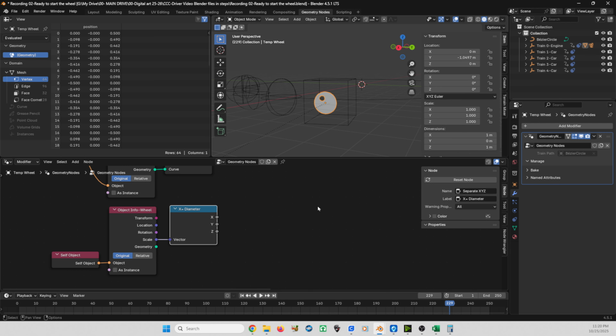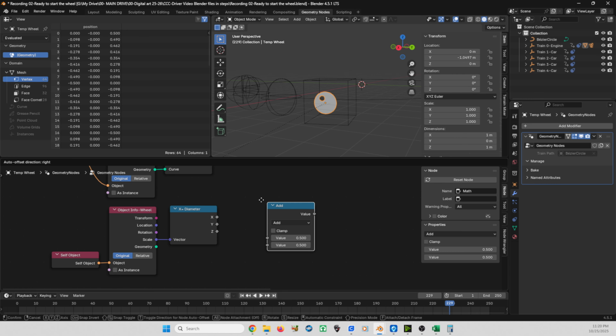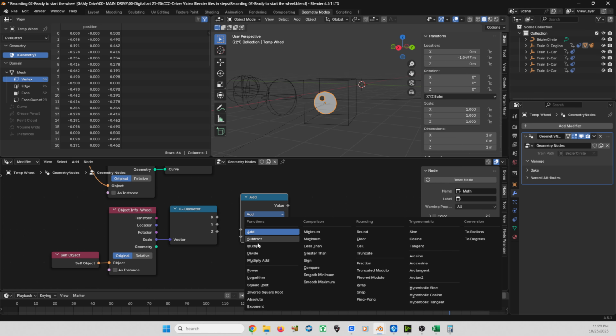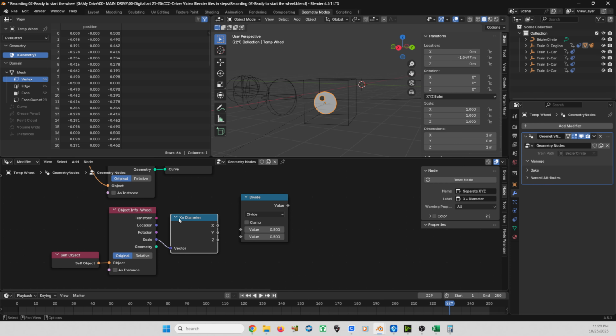So we're going to do a few math nodes to get the different pieces and do that equation for us. So we know that X is the diameter. I don't need the diameter. I need the radius. I know that the radius is half the diameter. So if you're looking at my circle, the diameter is all the way across. The radius is from the center out. So we're going to add a math node. We're going to go to divide. X is our diameter, so X is going to be the number on top. We're going to divide that by 2. So let's go ahead and label this